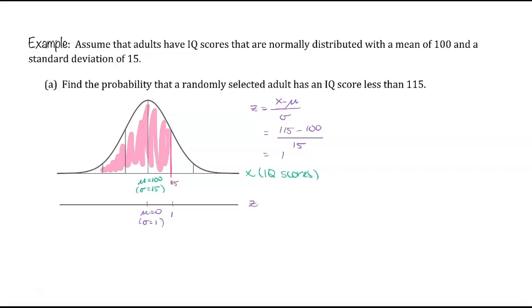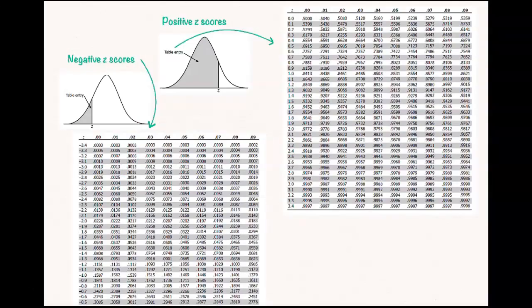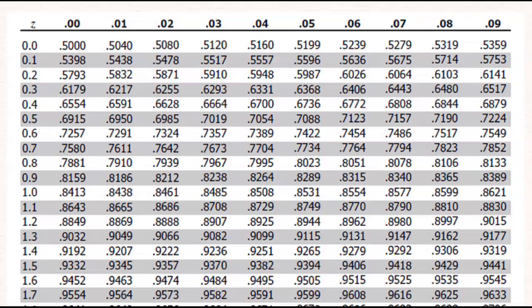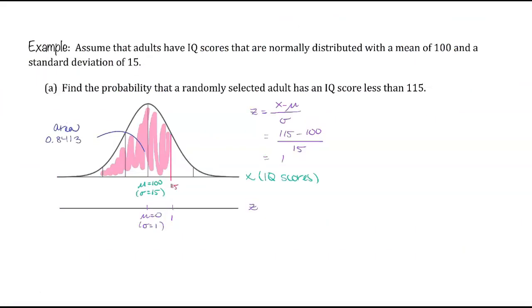For this example, let's take a quick look at our z-table. We are interested in a z-score of positive 1, and looking at the positive z-score table, we find that the left area corresponding to a z-score of 1.00 is 0.8413. To summarize what we just did, we found the area to the left of z equals 1. That's the same thing as the probability of an IQ score being less than 115. And we found this area to be 0.8413, or the probability of a randomly selected adult having an IQ score less than 115 is about